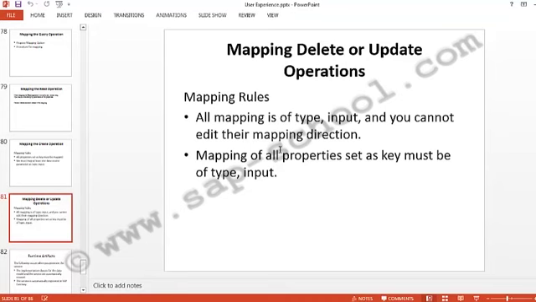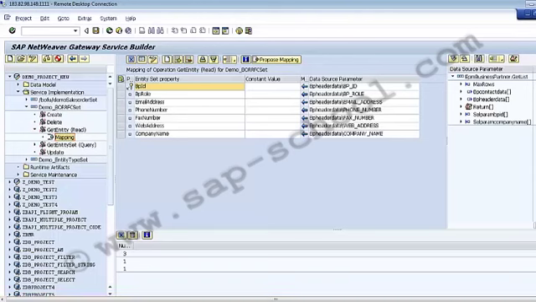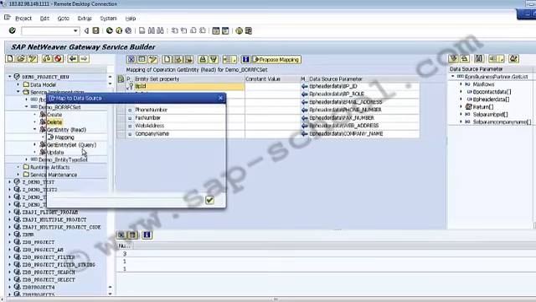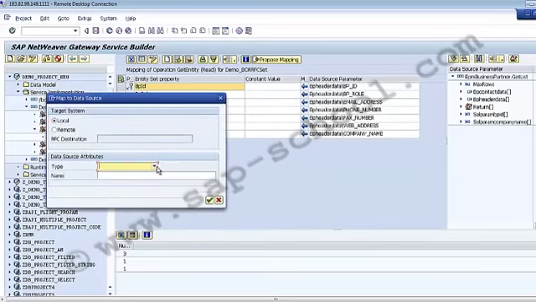If I go back to my system, go to the delete operation, right click and click on map to data source, I again have only two types, that is the BOR and the remote function call.